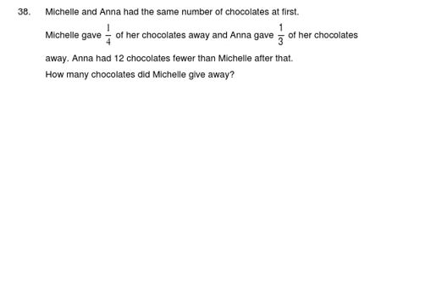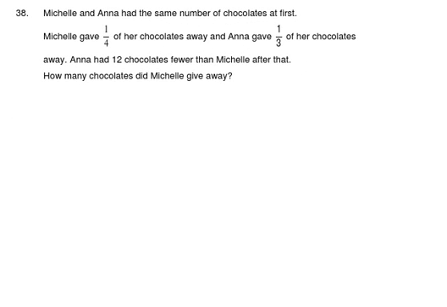Michelle and Anna had the same number of chocolates at first. Michelle gave 1/4 of her chocolates away and Anna gave 1/3 of her chocolates away. Then Anna had 12 chocolates fewer than Michelle after that. Okay? Now,